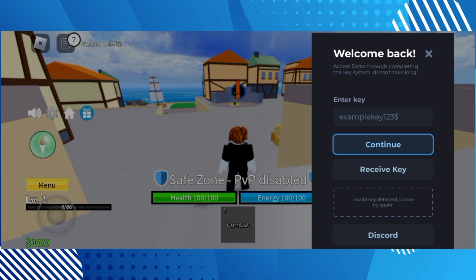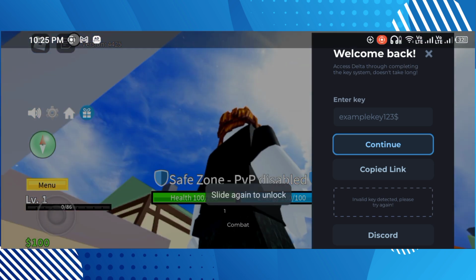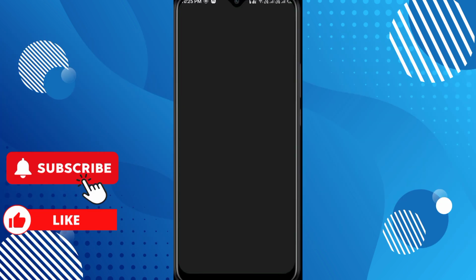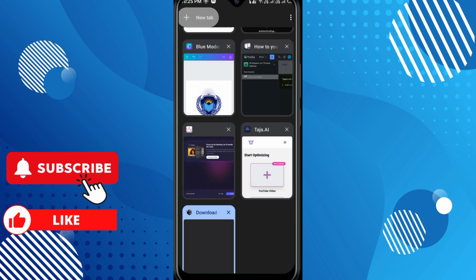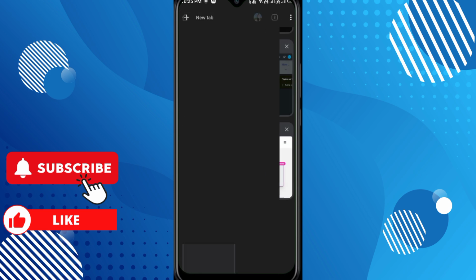First, open your Roblox and then please wait for the executor. Then click the receiving key and copy the link. After copying the link, go to your Chrome browser, click a new tab,